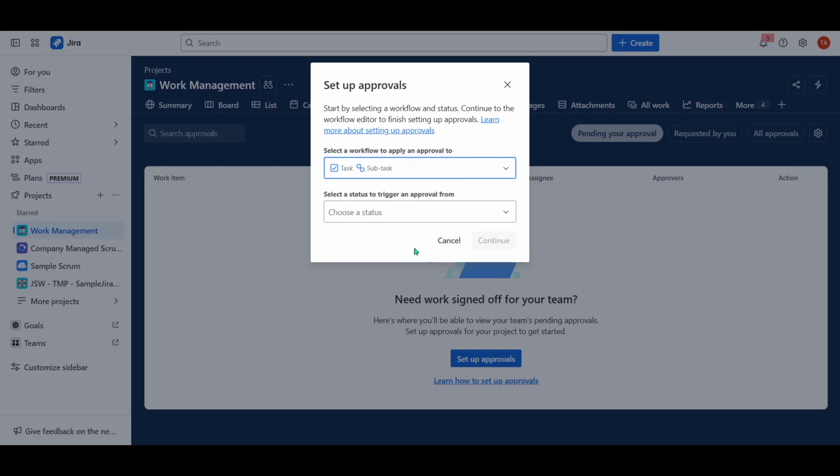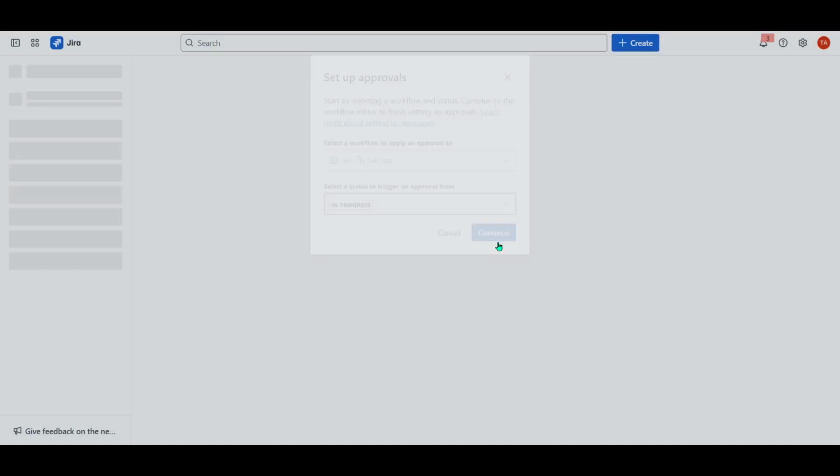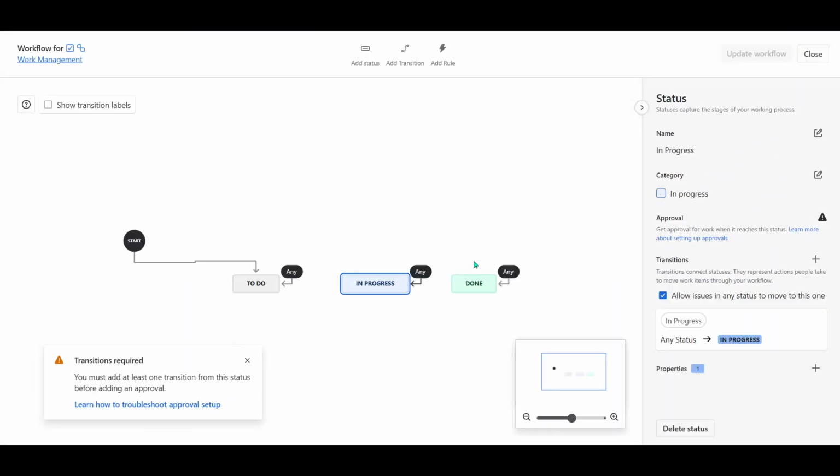Workflows are the backbone of any Jira project, guiding tasks through various stages, so it's important to choose the appropriate one for your needs. Next, you'll decide on the specific status within that workflow that should trigger an approval form. This means that once a task reaches this status, an approval will be required to move forward. This setup is crucial for maintaining checks and balances, ensuring that only verified and approved tasks make their way through